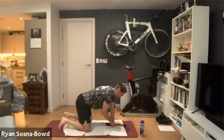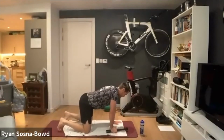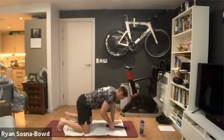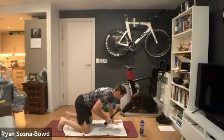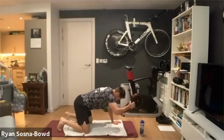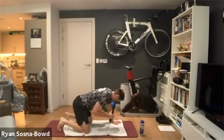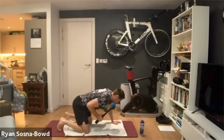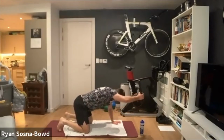Bit of a mouthful, but anyway, hopefully you can feel this one, especially when you get that peak contraction at the top. It's quite a good feeling. So ready, 1, nice and slow, 2, 3, 4, really try and stretch, 5,